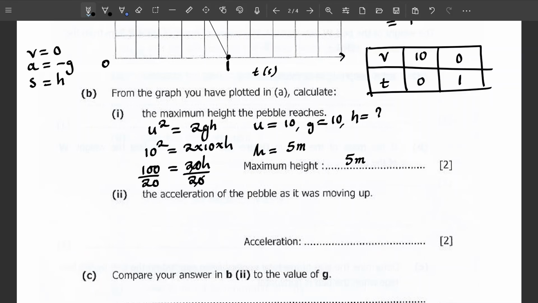But then they're saying we calculate. So how are we going to calculate? Because from what I know, it is going with an acceleration of, okay, let's use the formula, that formula that I derived as u is equal to